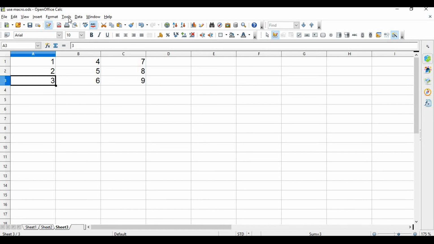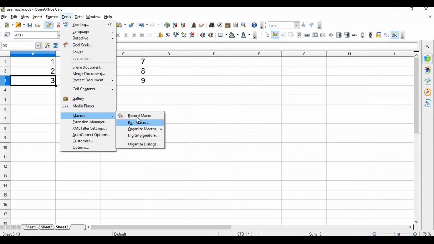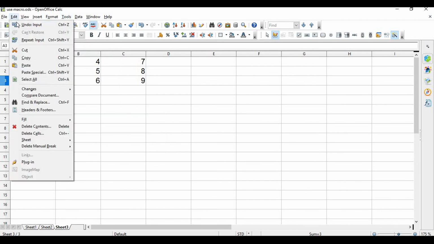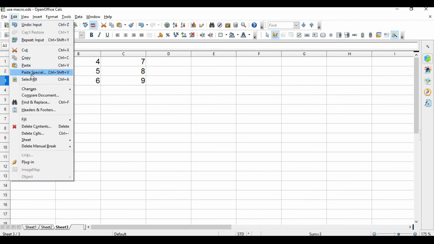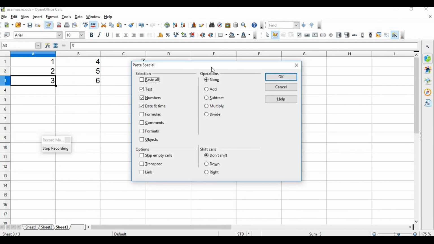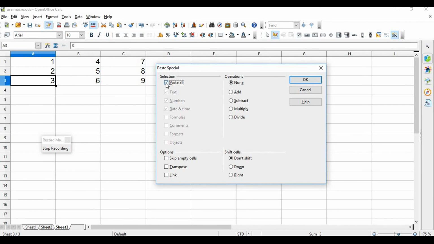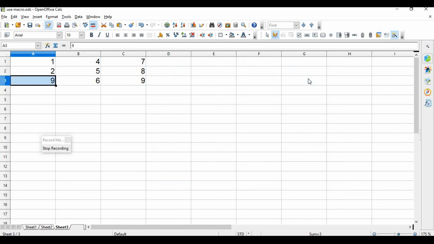Or before going to that, first you start your macro. Record macro and then go to the edit menu, then copy. After that, select paste special from the edit menu. Once you click on paste special, select paste all, because I want to paste in all the cells which I wrote, and here I want to perform multiplication, and click on OK. Once I click OK, see this. Sorry, here I made a mistake. Why? Because I selected only this 3.